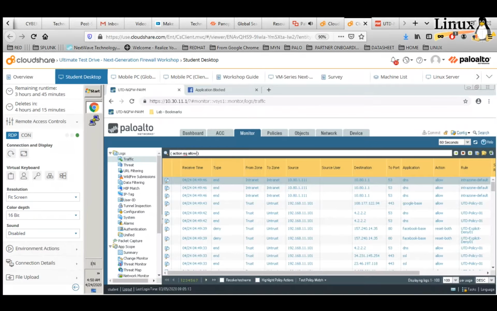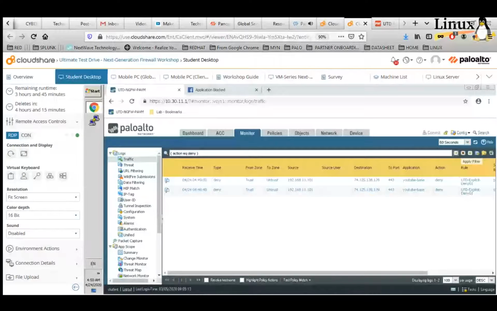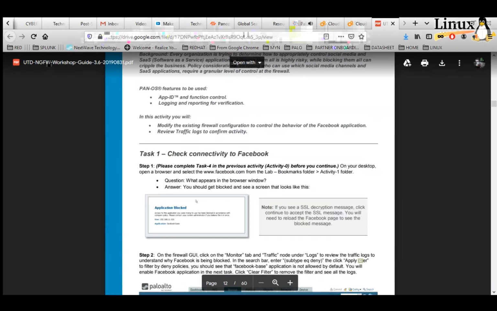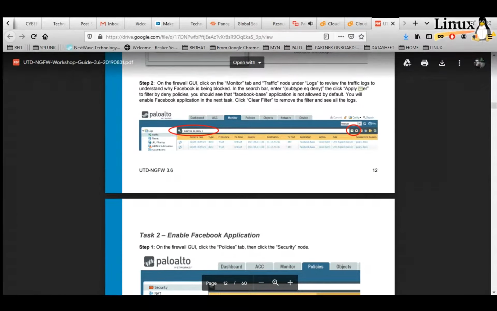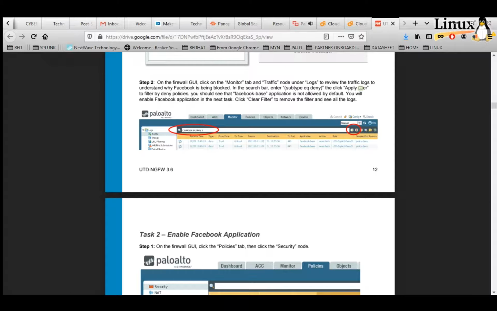So if you want to filter for action equals deny, we simply right-click and then it creates that filter. So you can see that we've got a couple of applications with action of deny, but what we want to achieve is to see subtype equal to deny.